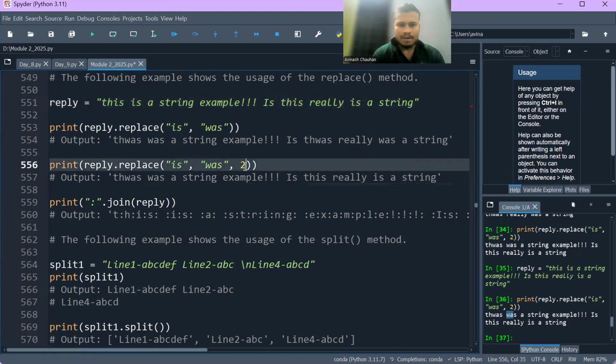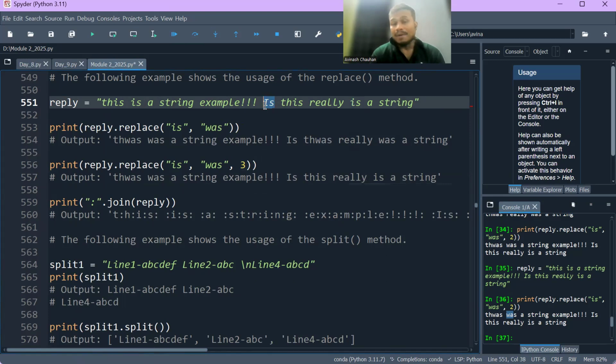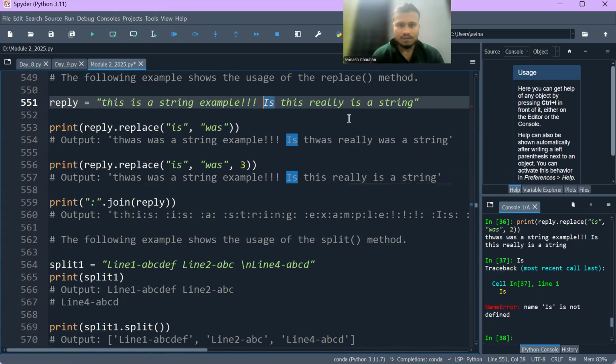And when I write 3 here, sorry, my bad, and when I execute it, it will not change this, because Python is case sensitive and considers this string as a different string. So for that reason, it will not change it. And when I execute this line of code, it